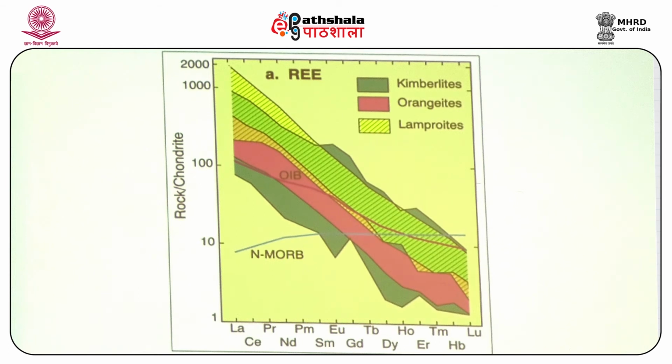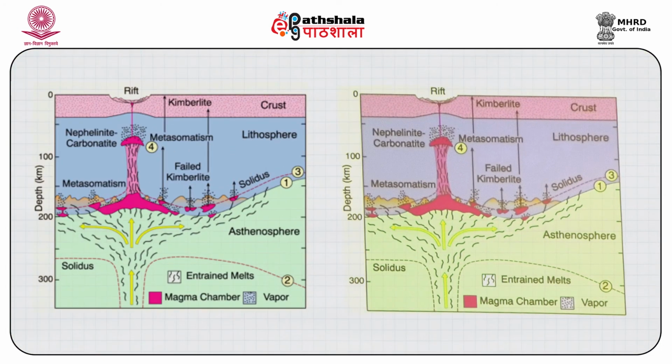Lithosphere extends up to a depth of 250 to even 400 kilometers. So, whenever there is some tectonic movement and there is extension, there is the possibility of having these types of rocks generated because of the mantle metasomatism that takes place in different parts of the mantle. Now, let us see another area which is a typical mantle plume.